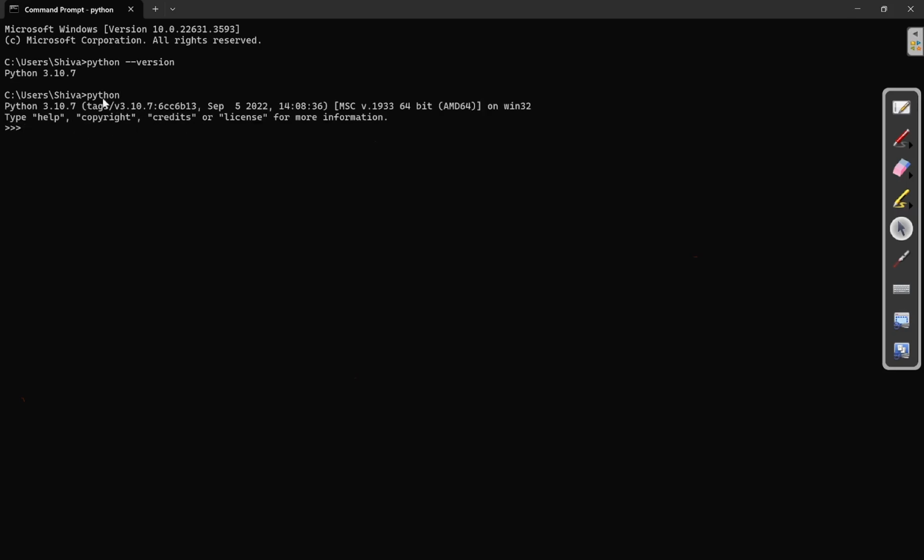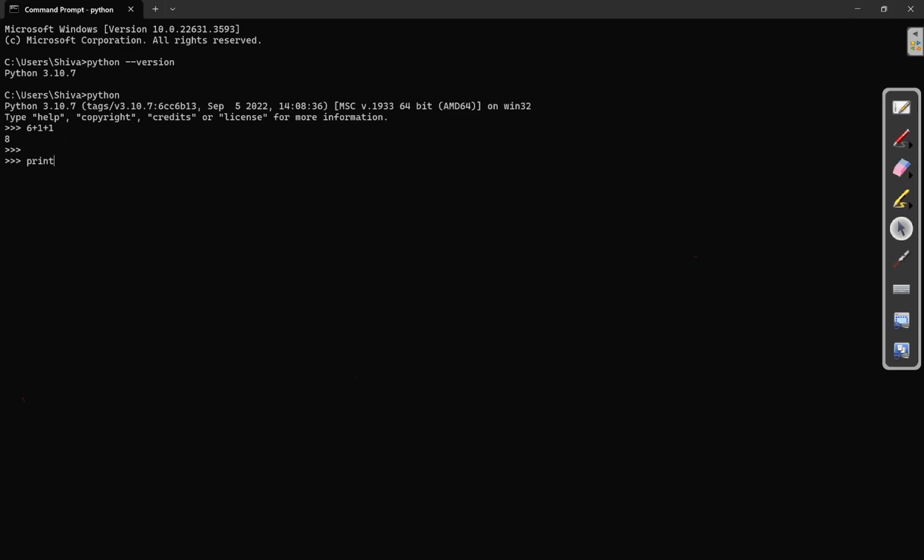You can see that once I have typed the command python, we get an interface similar to the Python IDLE. So the command prompt is opening the same interface after executing the python command. We can simply type 6 plus 1 plus 1, and if I click enter, I will get the output as 8.